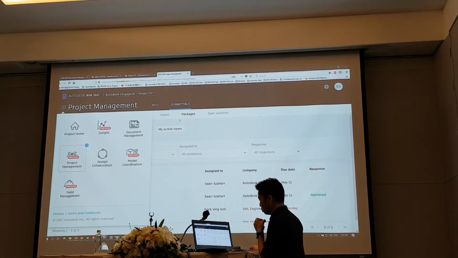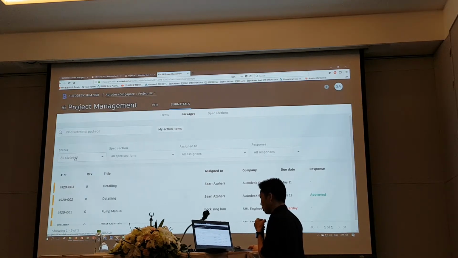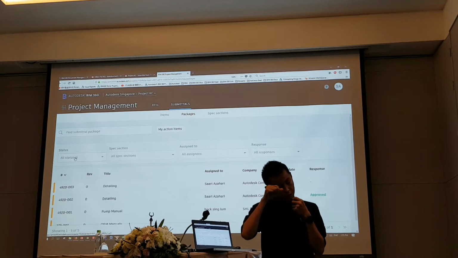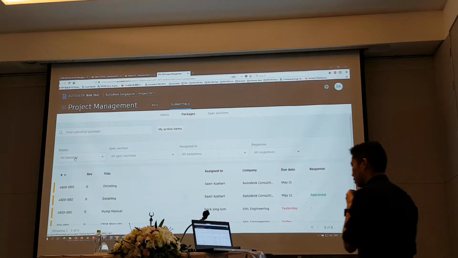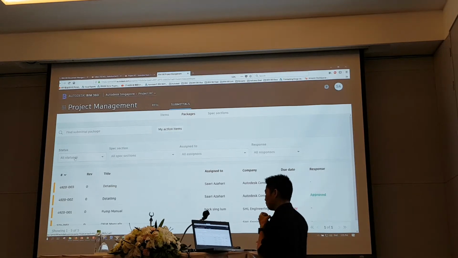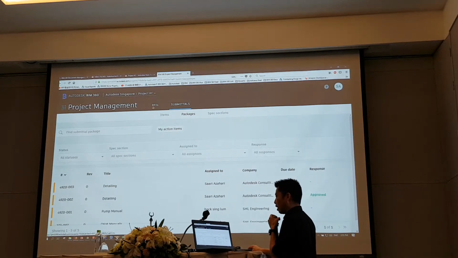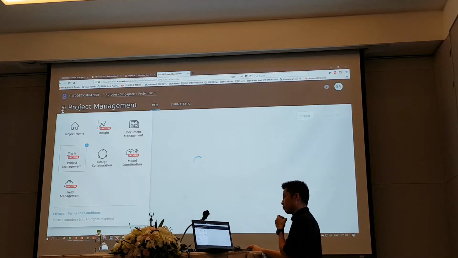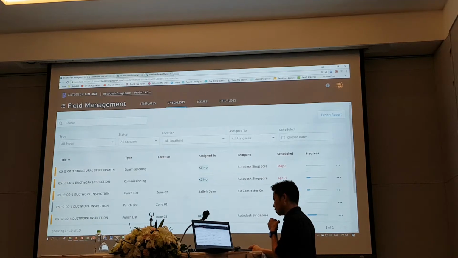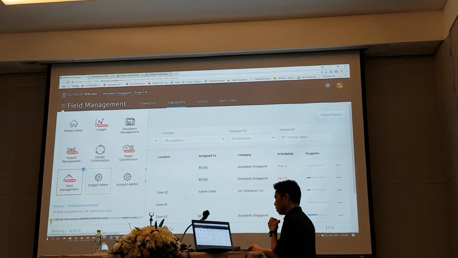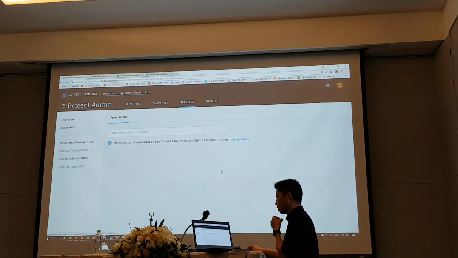In your BIM 360 Build, we have the project management. I think everyone is pretty familiar with this one, RFI and submittals. RFI is simple. We have the workflow ready in there. Oh, I'm using an Azari account. No wonder I don't have the project admin. Alright, if I go into project management,